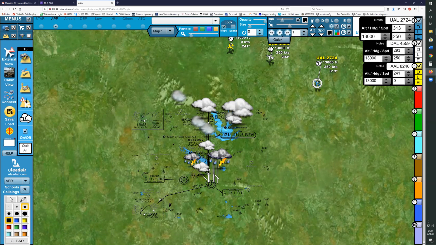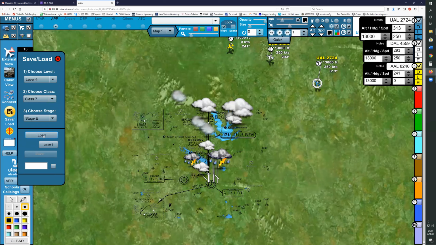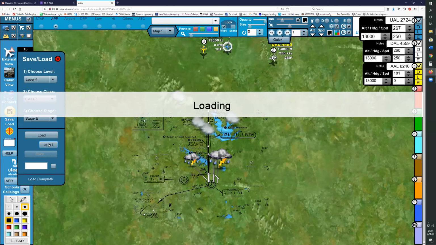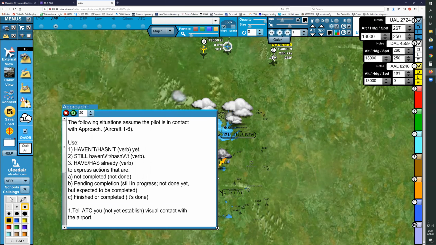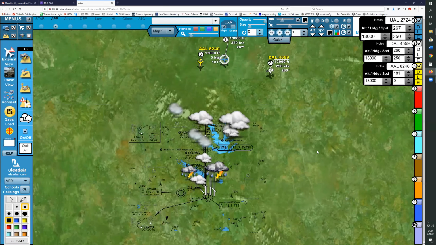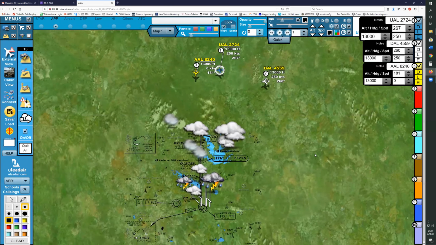Let's see here. So here we are at Old Fort Worth, and you can see that we've got some buildups and some activity along the runway 18 localizer.